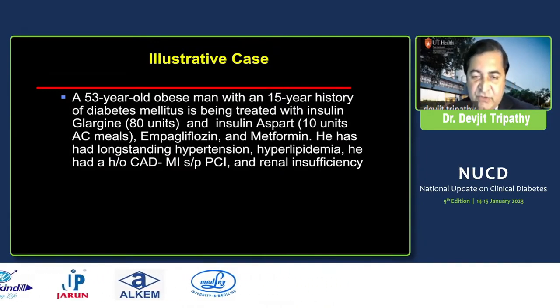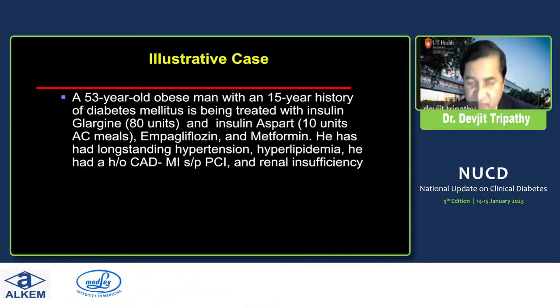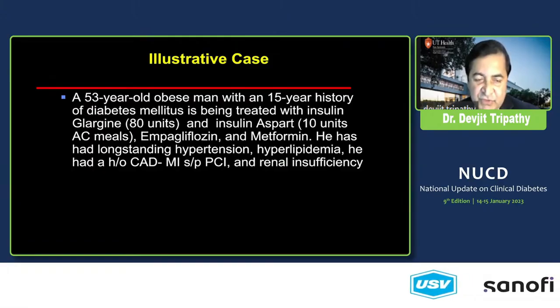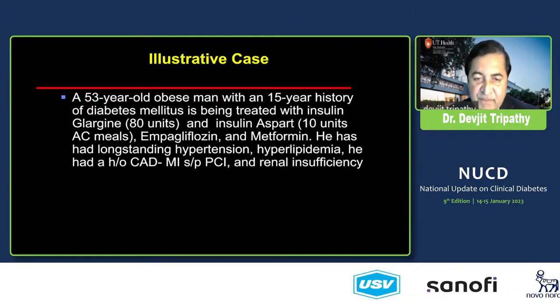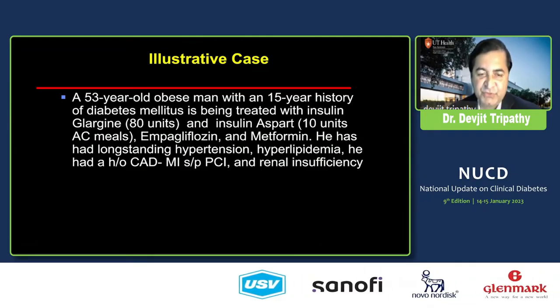So we can increase the dose of insulin, but it will lead to weight gain. And DPP-4 inhibitors, this class of drugs, have very modest improvement on glycemic control and have no effect on weight. And pioglitazone can lead to weight gain. So obviously the choice will be a GLP-1 agonist. And he was in fact started on a GLP-1 agonist. I'll tell you which one.